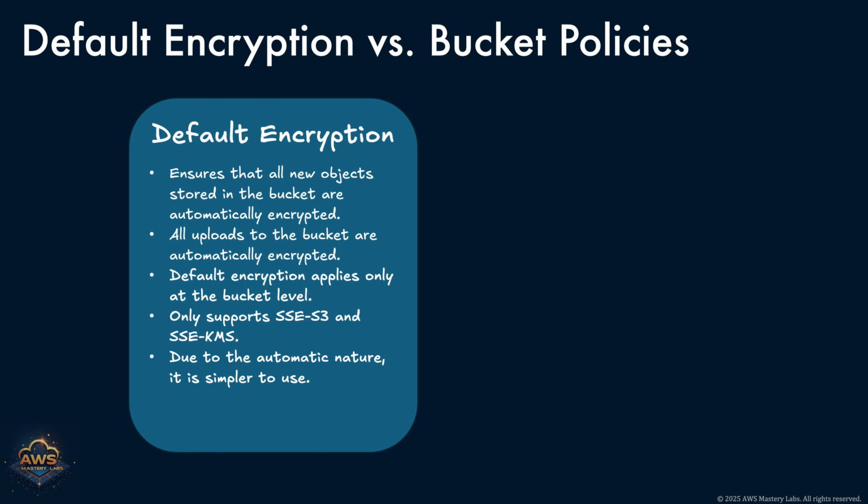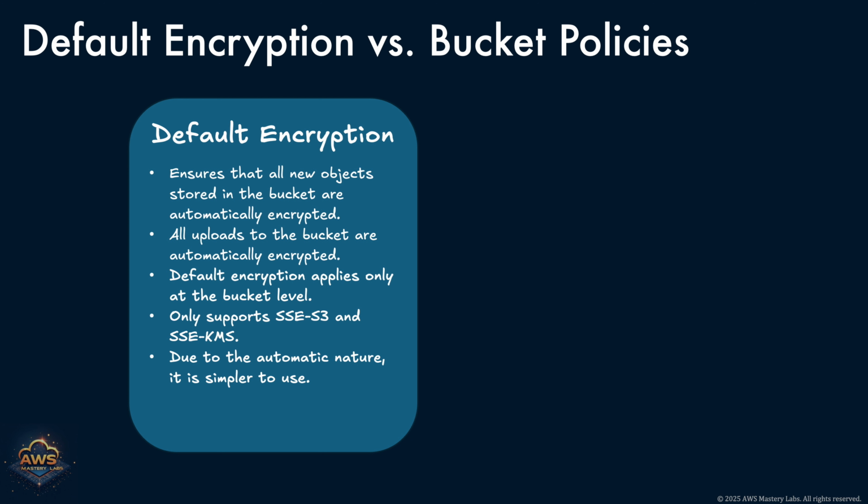client-side applications. Because encryption is applied automatically, default encryption significantly reduces the risk of inadvertently storing unencrypted data. It's especially useful in environments with multiple users or automated systems where enforcing encryption manually at each interaction would be impractical or error-prone. Overall, default encryption offers a streamlined and reliable approach to enforce baseline encryption standards across your S3